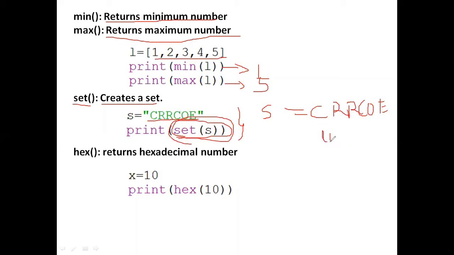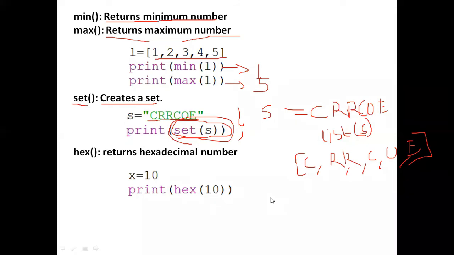If it is a list, then the output is C comma R comma R comma C comma O comma E. If it is a set, then what is the expected output? C R O. Yes, correct.